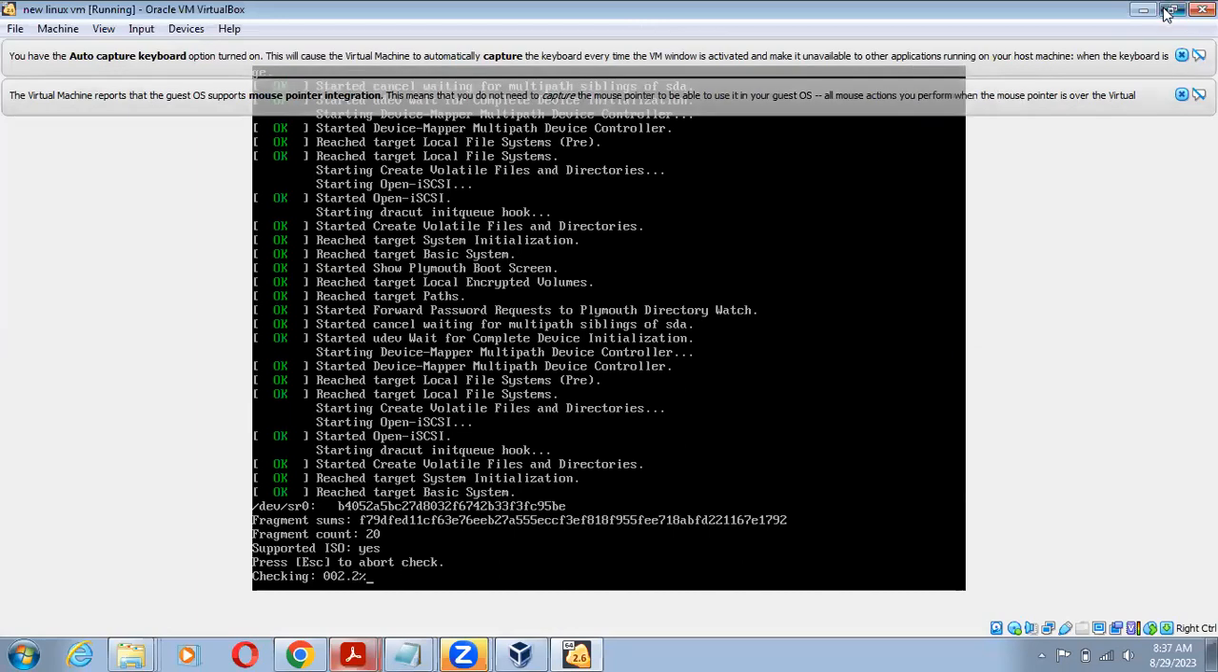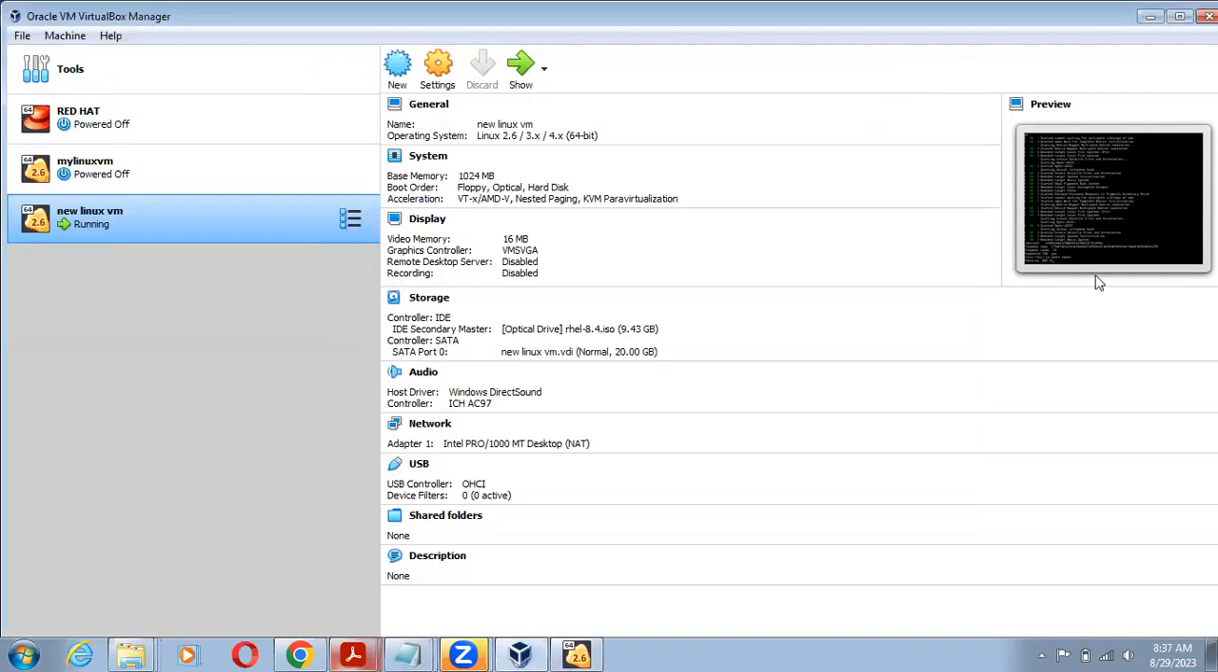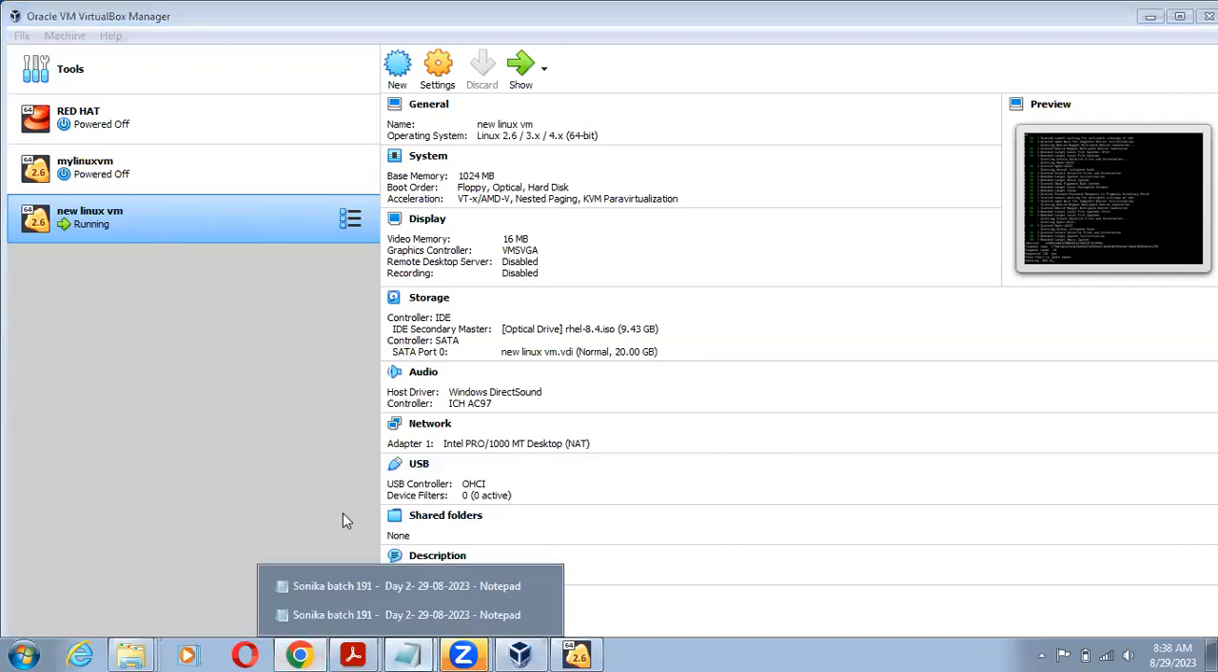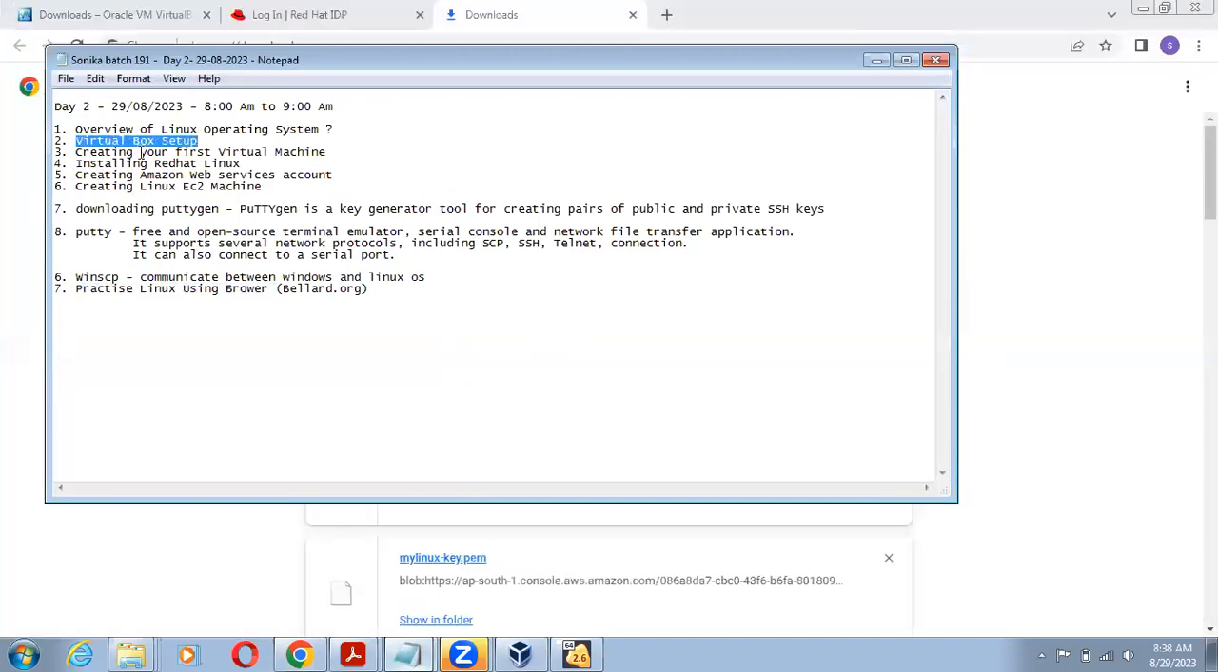It is getting checked. Okay, we'll minimize this. Parallelly, we are now going to create the AWS account. This is the first method, the VirtualBox Linux installation. The second method, that is, VirtualBox we have created. We have created the first virtual machine. Now we are installing the Red Hat. Now we are going to create an Amazon Web Services account, and on that an EC2 machine. So let's start with the